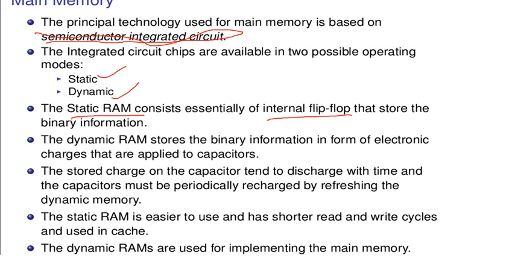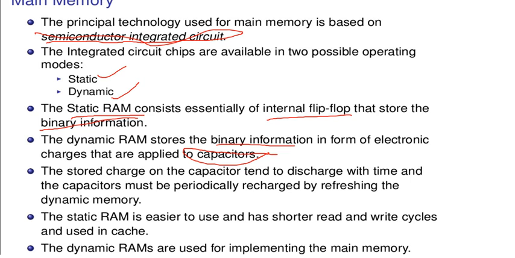So in this fashion we'll try to design the static RAM, which is used to store the binary information. Then we will somehow arrange the capacitor. Capacitors are basically electronic devices which are used to store charges, and the binary information is stored in these electronic capacitors in the form of charges. So for bit 1 there will be some specific charge, and for bit 0 there will be